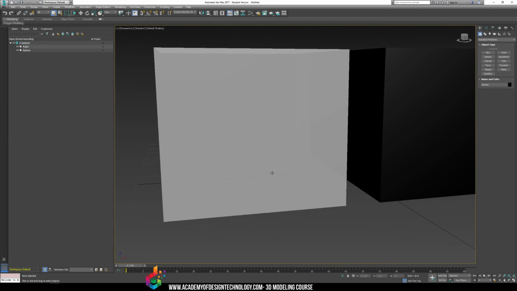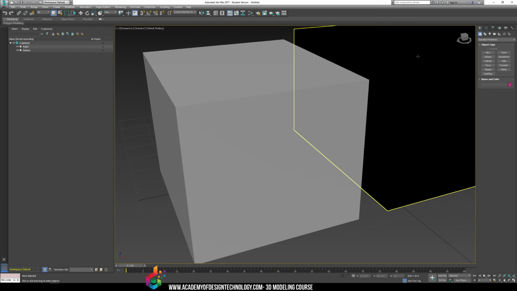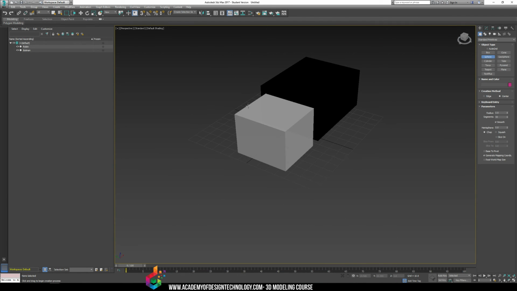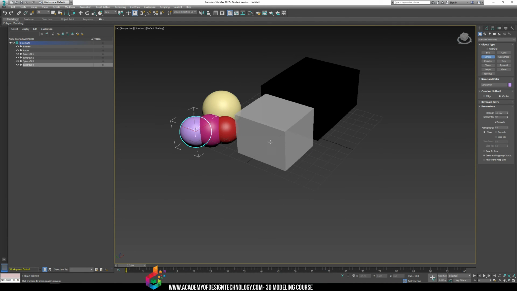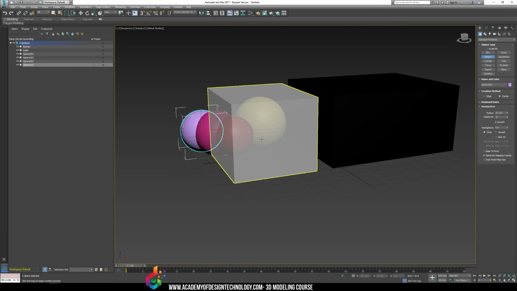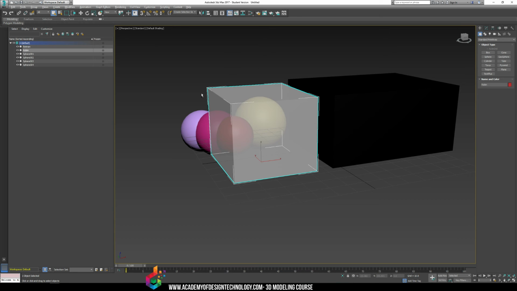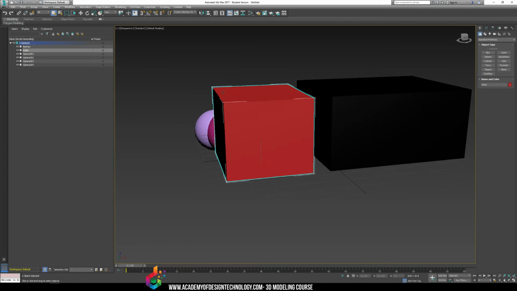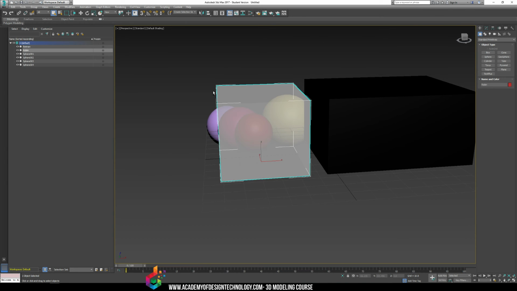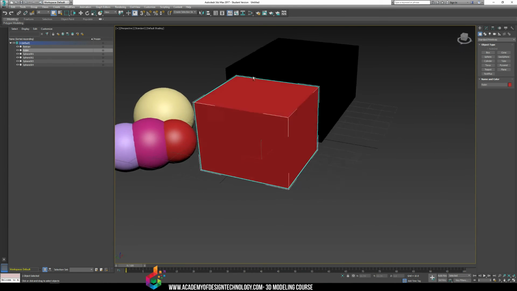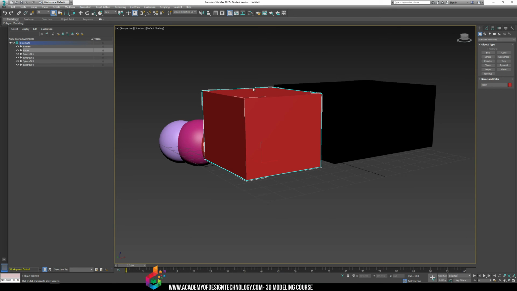If I had textures or materials or a bunch of other objects, which I will create right now, I will create several spheres of different colors. You're going to notice we can see through our object to other objects. At any point in time, we can click on our object and click Alt-X again to make it fully opaque, to make it a thick object, or we can click Alt-X again to make it transparent. This becomes a good process when it comes to 3D modeling something. So I suggest you practice this a lot, remembering the hotkey Alt-X,